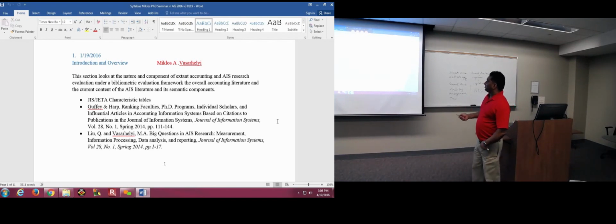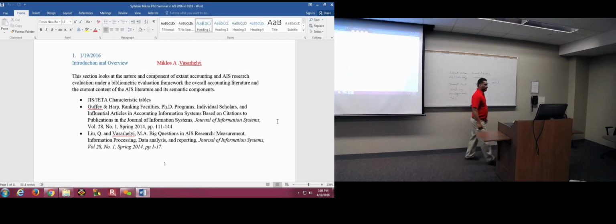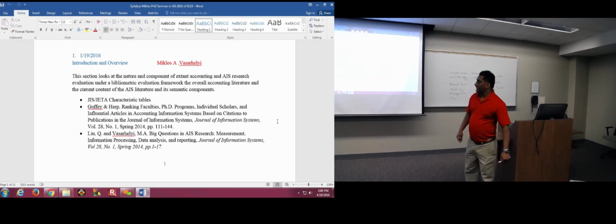But the aim of putting this here is to show that there is a role for AIS in the literature. There are various papers like this that discuss who writes in this field, who publishes in it, and so on. One thing to understand is that AIS is a small field, just for the sake of argument we call it a field, meaning the number of researchers actively involved is fairly small. Let's say a few hundred in the world are doing AIS research, as opposed to a few thousand doing, say, capital market research.